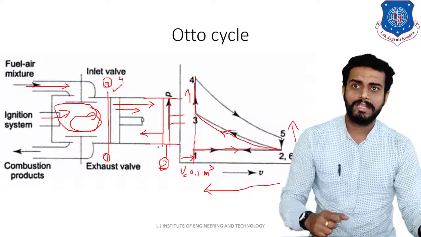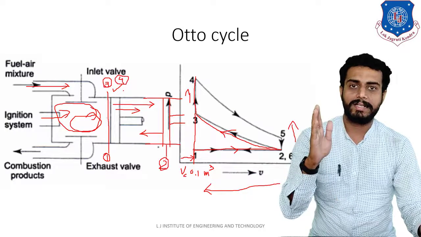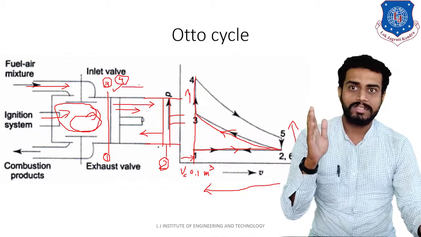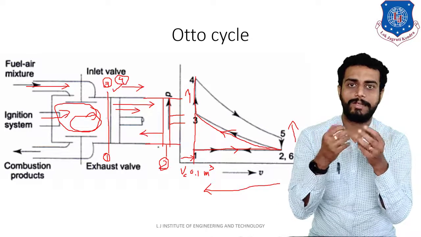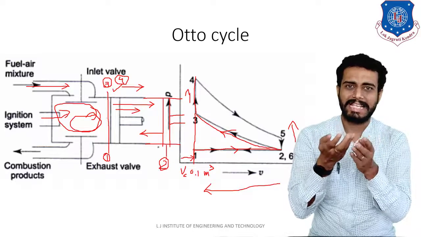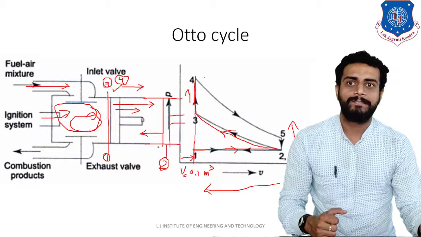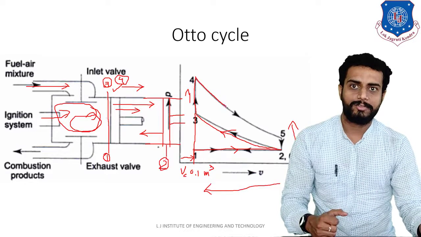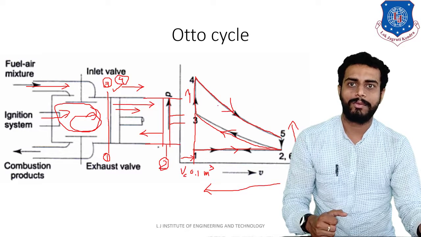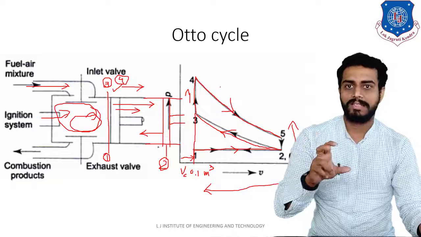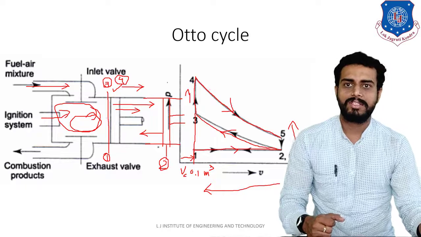This is also known as point number 4. Now from point number 4, that is the inner dead center, the piston will move towards the outer dead center. It is obvious that if you combust the fuel, then due to the pressure and temperature increase, that gas will push the piston toward the outer side. That is known as the power stroke, which is 4 to 5. Clear, students? The 4 to 5 process is nothing but the power stroke or expansion stroke.